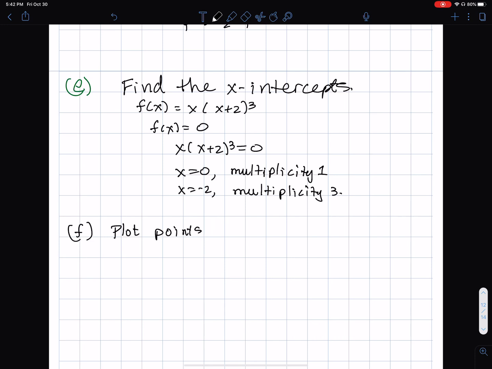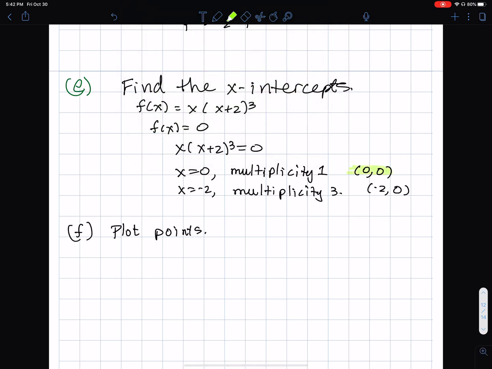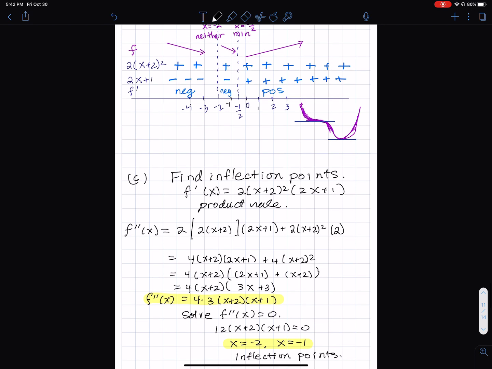So, I mean, we already have our x-intercepts. So we have (0, 0), and we have (-2, 0), our x-intercepts. And I bothered to write down the multiplicity, because actually that will help us. But let's just plot points, which is what I mean by that, I'm going to start by plotting,